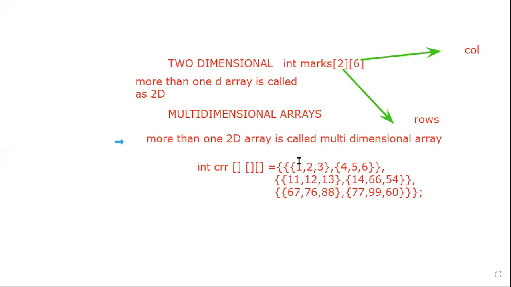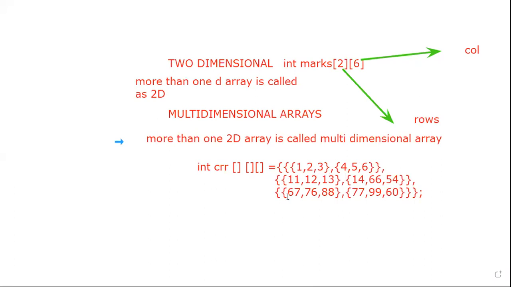The first department, for example, is civil. Civil has student 1 marks 1, 2, 3, 4, 5, 6. These are the marks of 1 student. And the second department's marks are 11, 12, 13, 14, 66, 54.